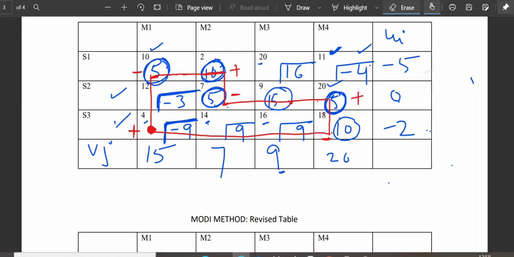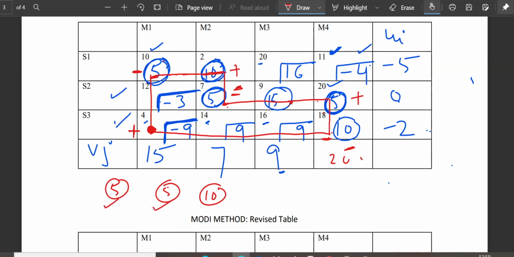I have a negative at this 5 and a negative here at this 10. So out of this 5 in the circle and 10 in the circle, because these are the negative cells, choose the smallest one. The smallest is 5.